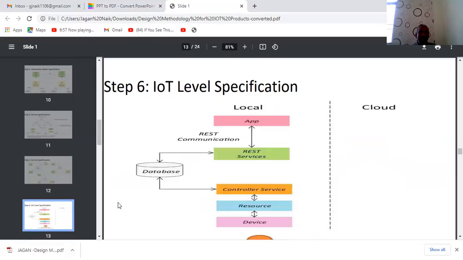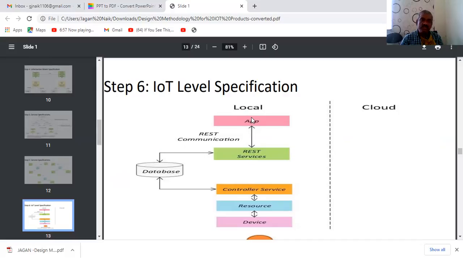Right. Next is the IoT level specification. What is the IoT level specification? In this IoT level specification, there is a database related to the automation application, and that can interact with the REST services and the compiler service.